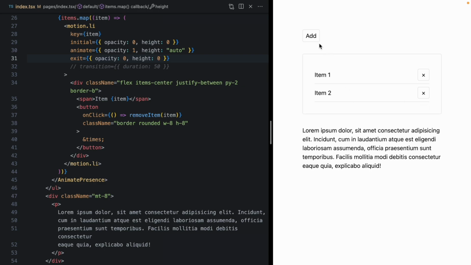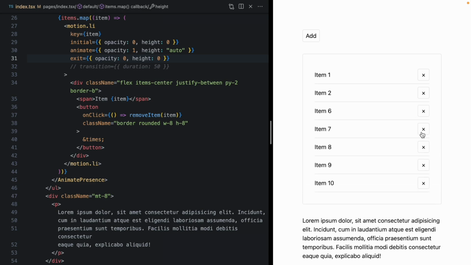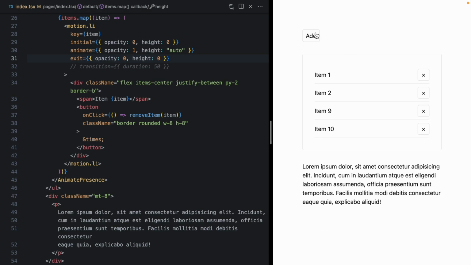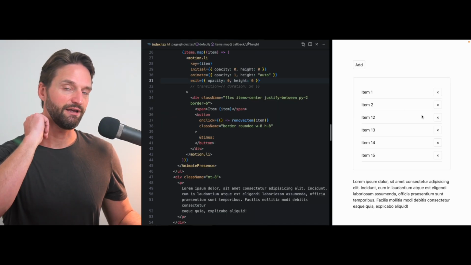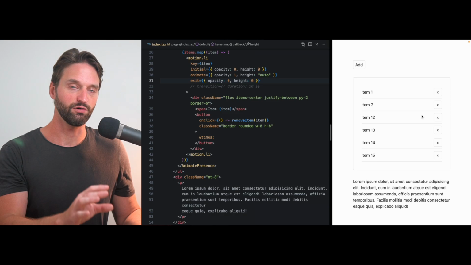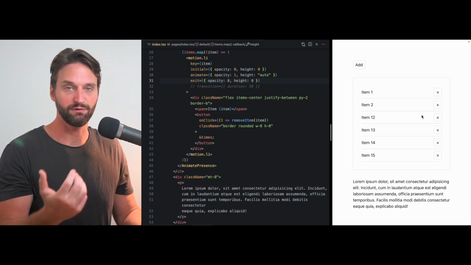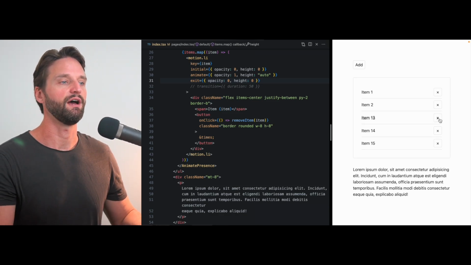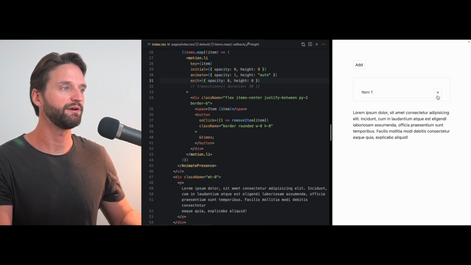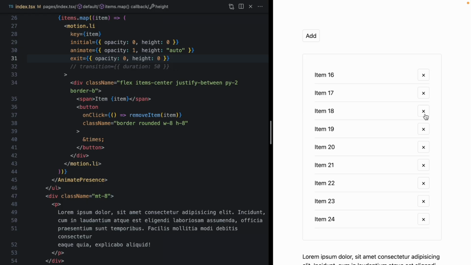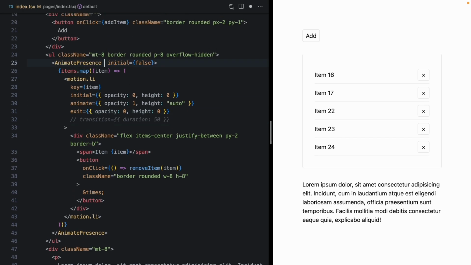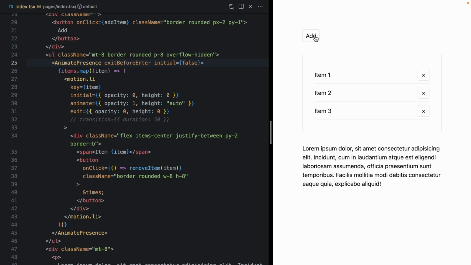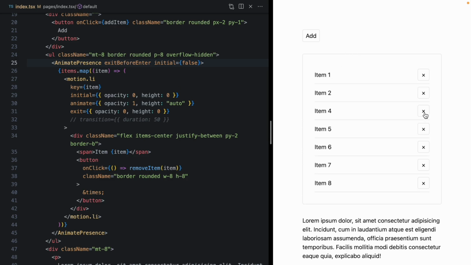Look at that. We get exactly the inverse of the behavior. And so there's this symmetry between adding and removing. We don't have that behavior where we wait and hold space for it to be removed and then shift it up like we did with the layout animations. So that's pretty nice. We can do that actually in this case with a prop called exit before enter on animate presence. And if we do that and we click X, whoops,